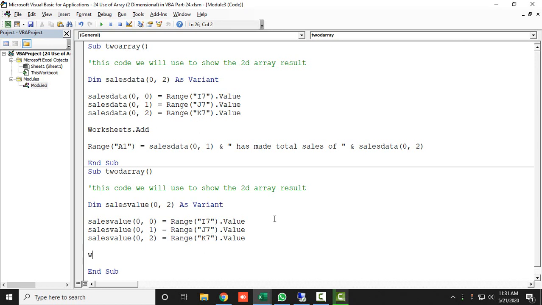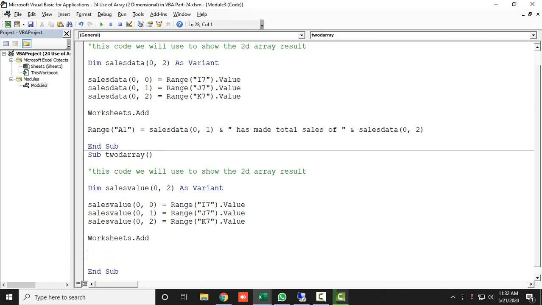Alright, so here I'm taking the command Worksheets.Add. This command will add a new worksheet in a new workbook where you want to display your result. I just want to display my result as a range, and I will show my result in, let's say, the C5 cell. You can also put any cell in the new worksheet where you want to display your result. And the value would be the sales value. It means actually your name.